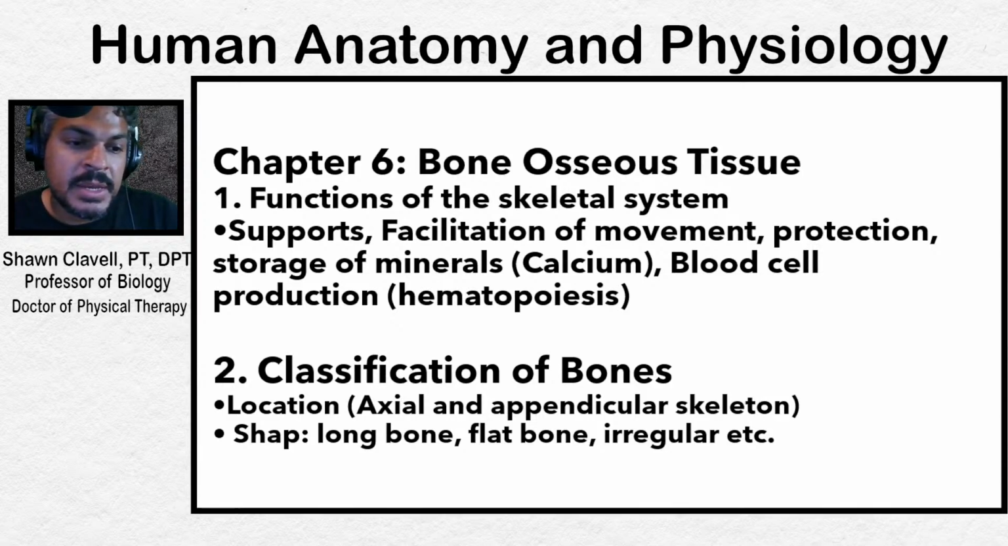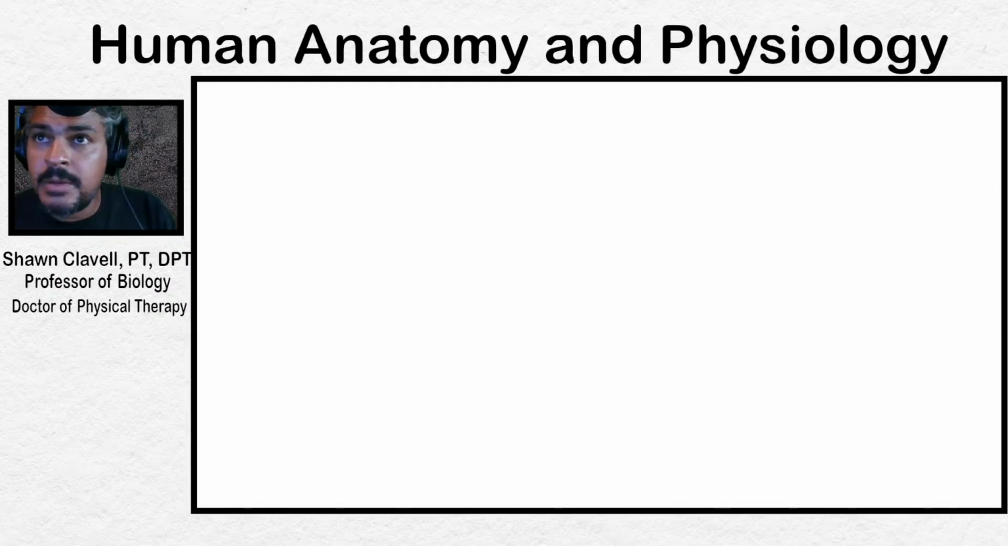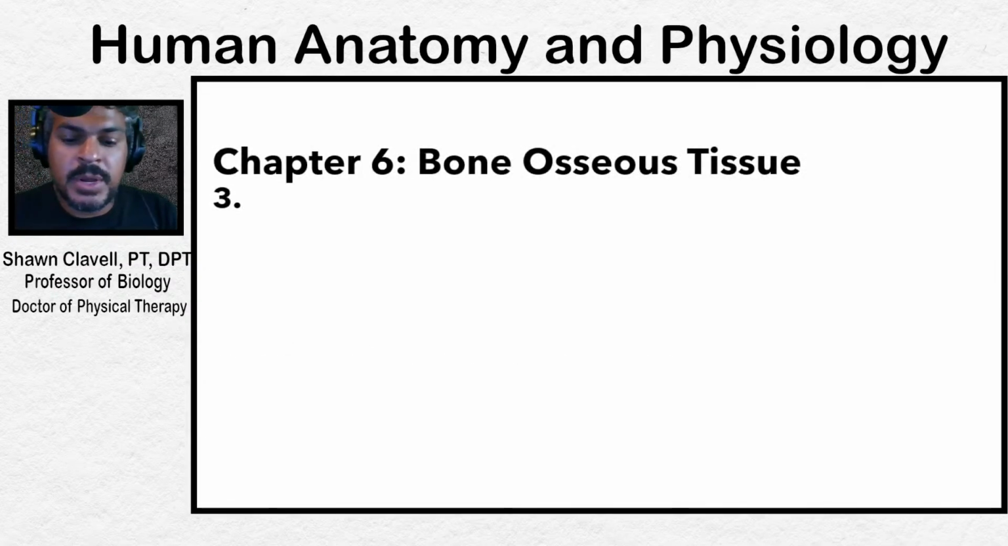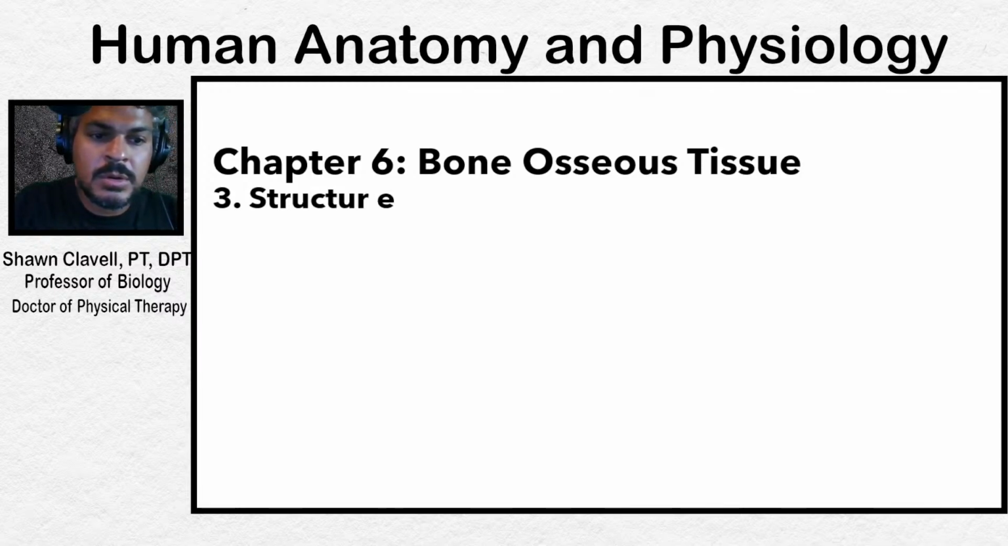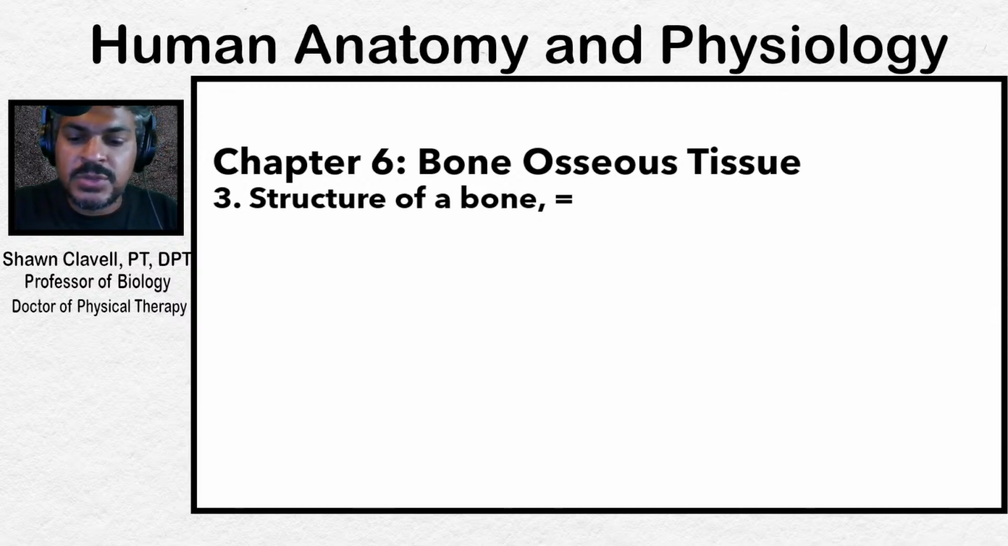When we get into the next component here of chapter 6, what we'll be looking at is the structure of bone. So the next part here is the structure of a bone. Primarily, there's two types of structure, two classifications of structure. Let me just give you a quick picture here. So what we're talking about here is